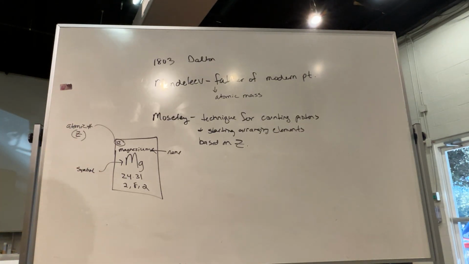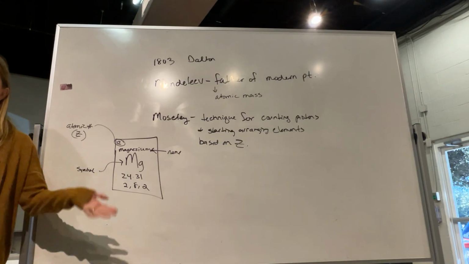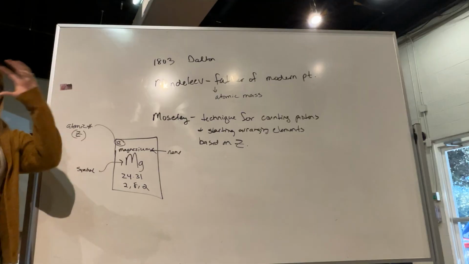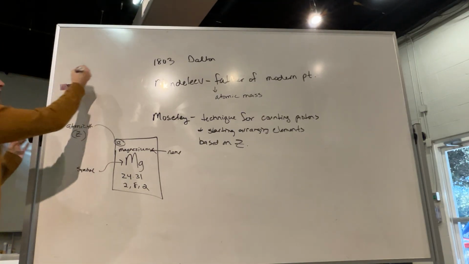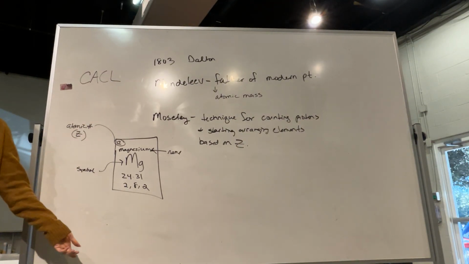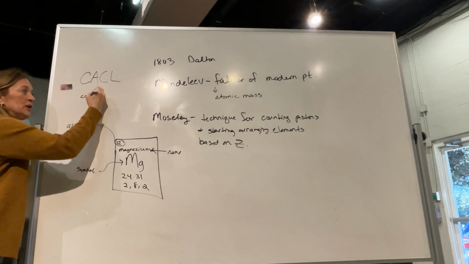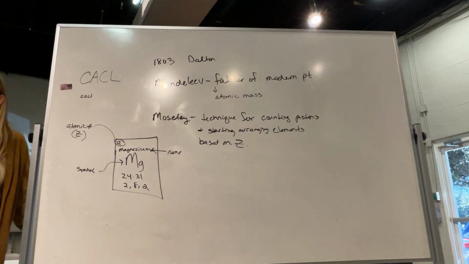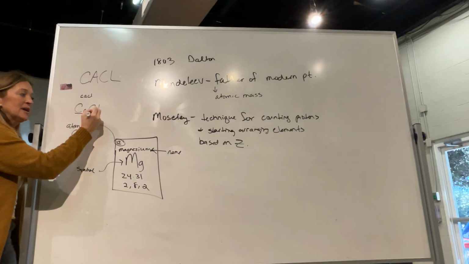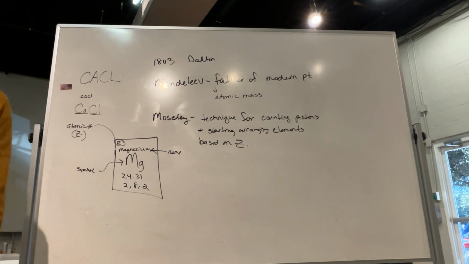Make sure, and I know I've said this before, but people who tend to write lowercase forget this: if there are 2 letters, you absolutely have to write uppercase, then lowercase, okay? Otherwise someone's gonna write that, and I'm gonna be like, I don't know what that is. That looks like 4 elements, 1, 2, 3, 4. Or because they like to write really little and cute, they write it like that, and I don't know what this is. But if you write it how you're supposed to, we can all read it. This is a capital letter and lowercase, this is a capital letter and lowercase, and now I know it's calcium and chlorine. So really, really important.